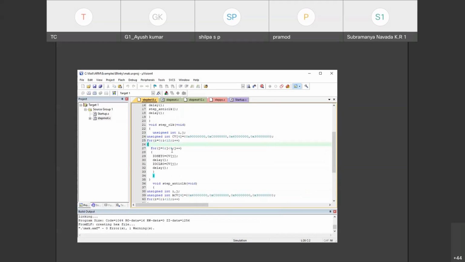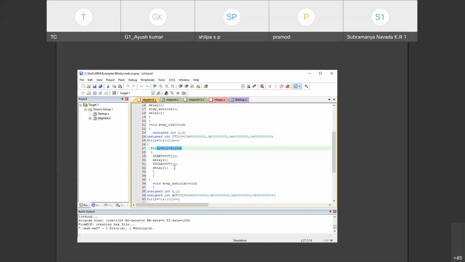If you observe, anyhow 48 times it is rotating. That's a different issue. The thing is, I have declared unsigned int clockwise, all 4 values as an array, and I am referring to that array using j. Right? 0 to 4 means 4 times it takes.